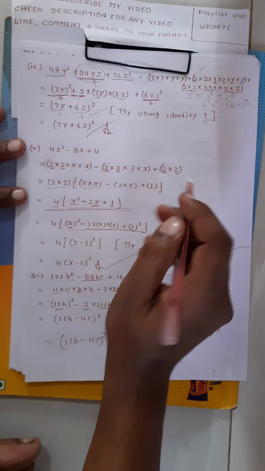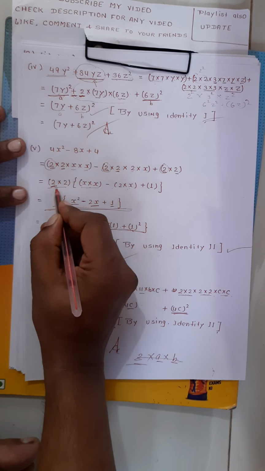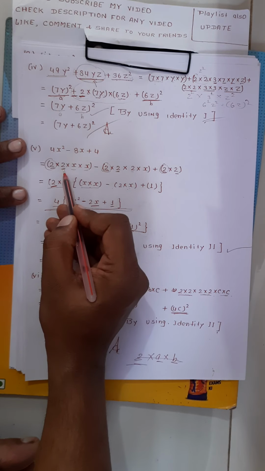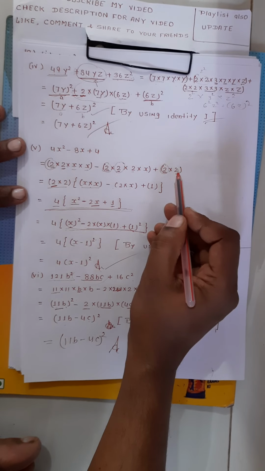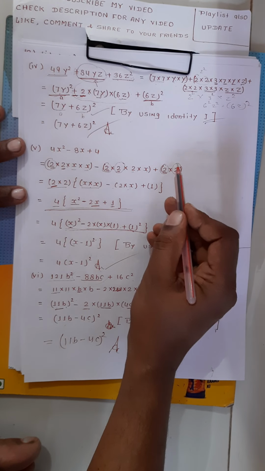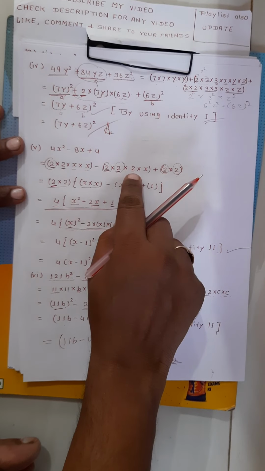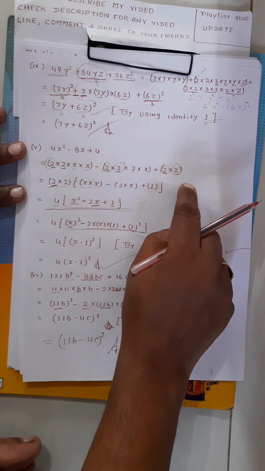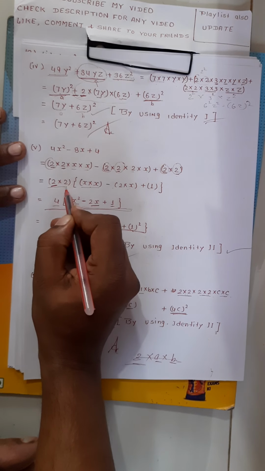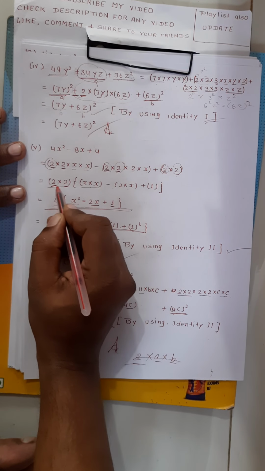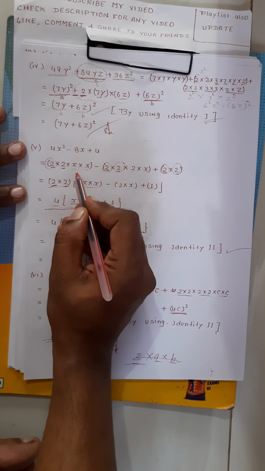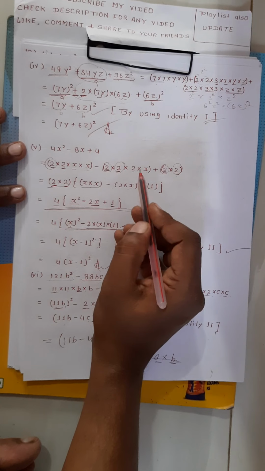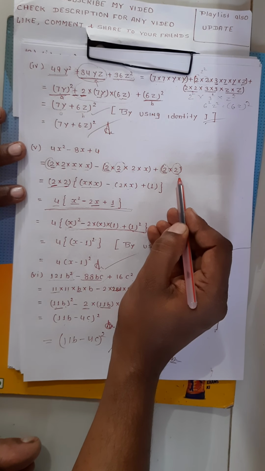So we have taken out the first 2. Again check for a second 2. Here there is a second 2, here also, and here also. That means the second 2 is present in all terms. So again we take out the 2 from all terms, so our value becomes 2 into 2. Now we will check for x. x is here, x is also here, but x is not here, so we cannot take out the x.